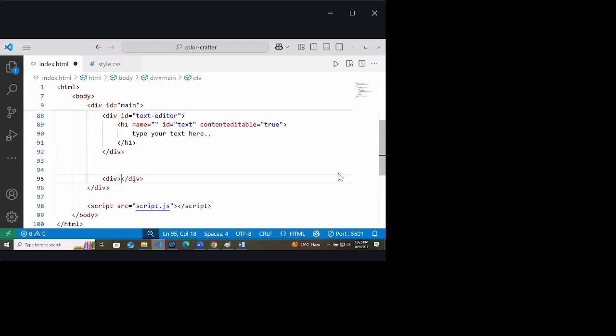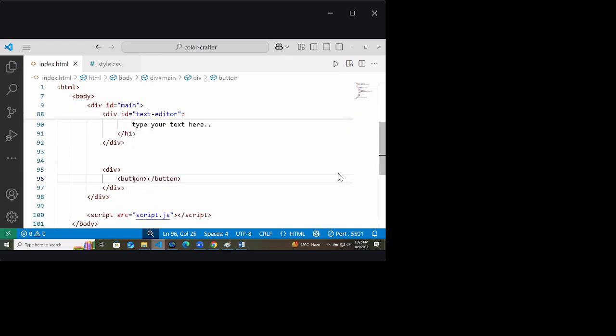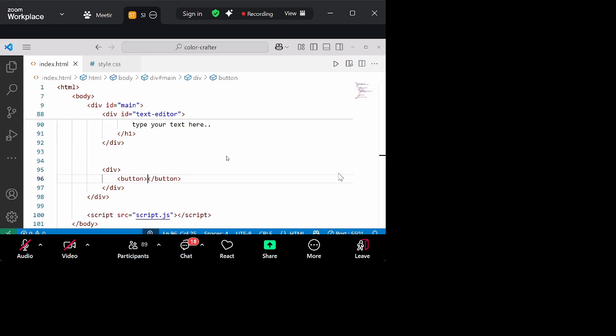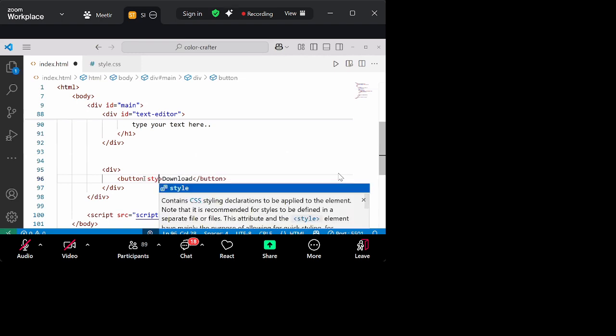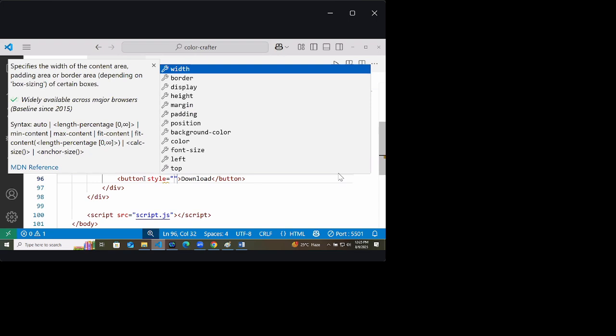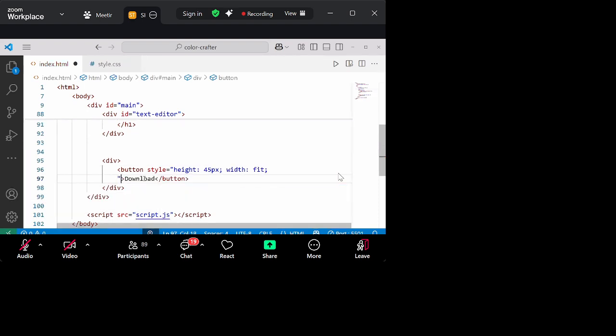So a div at first. Inside this, I will create a button. But by default, all the buttons will have the same size, this one. So this button will have download. And to this, you can give styles actually. The height of this button is 45 pixel. Width of this button is fit content. This button will have a padding